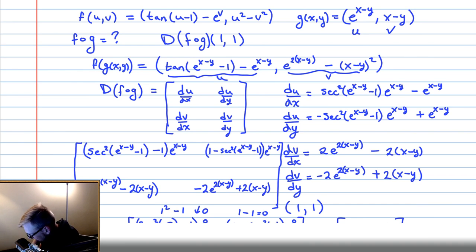Okay, so f of g of x, y equals tan of e to the x minus y minus 1, minus e to the x minus y times e to the 2x minus y, minus x minus y squared. And the derivative matrix